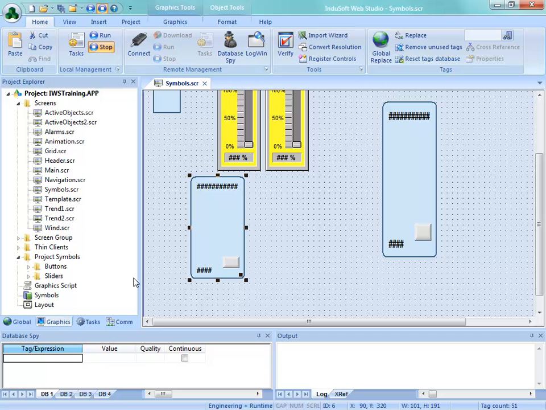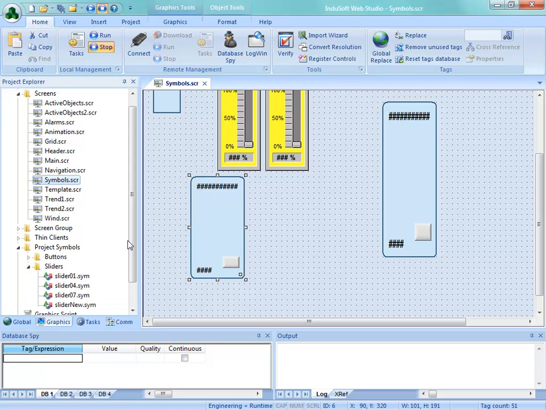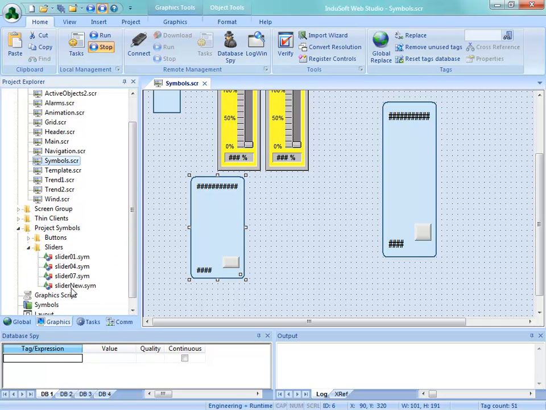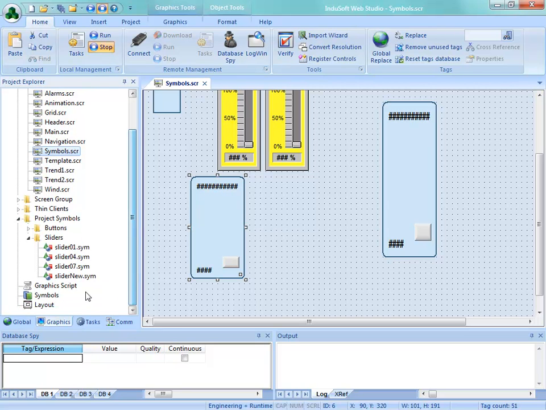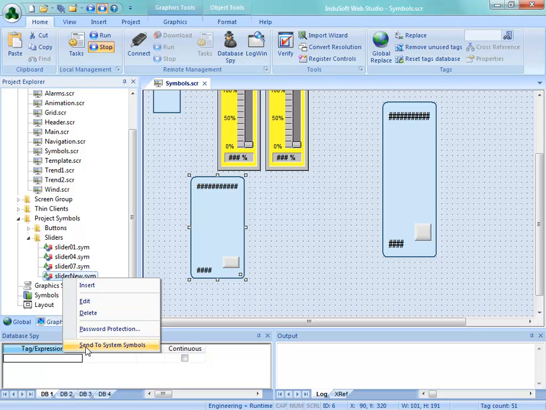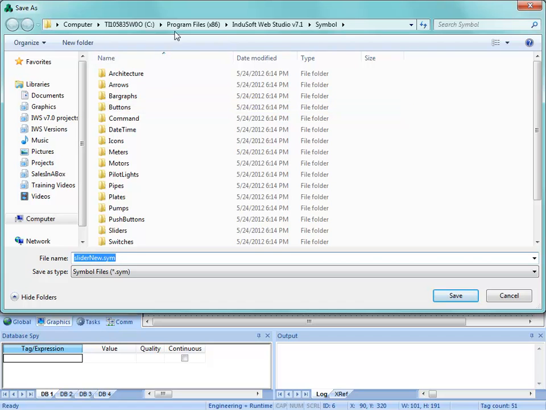Now let's say that we've made a slider, or a symbol I should say, that we want to keep, and we want to put it into our system symbols. We provided a convenient way to do that. You can select the line item or the symbol itself and right-click, and here you can put Send to System Symbols. At this point, it'll open up the install folder where Intusoft Web Studio is installed, the symbol folder, and